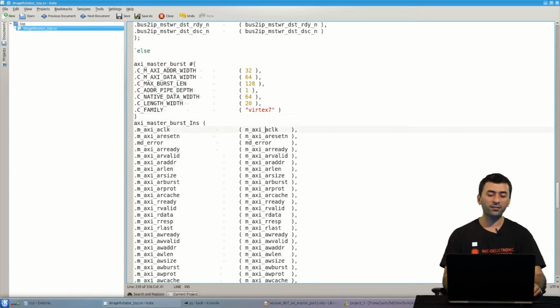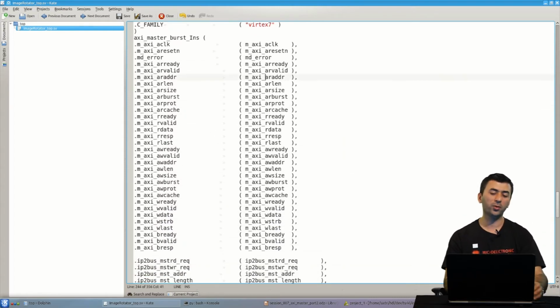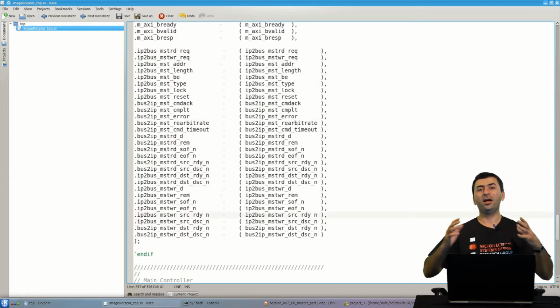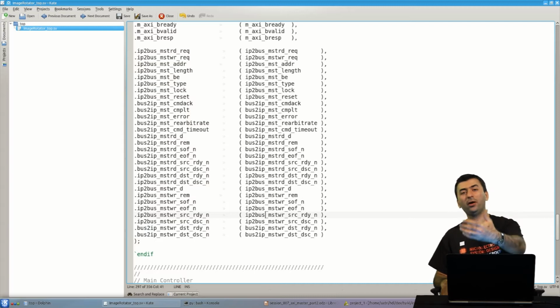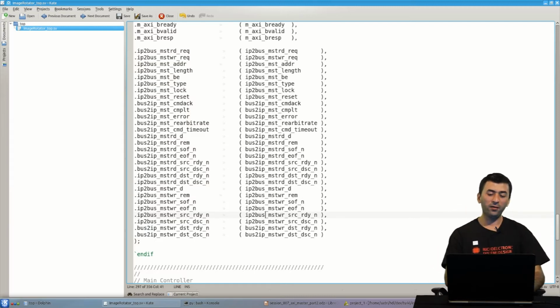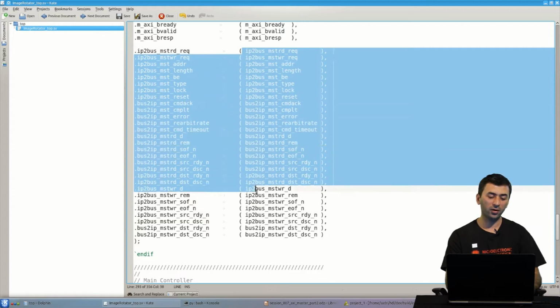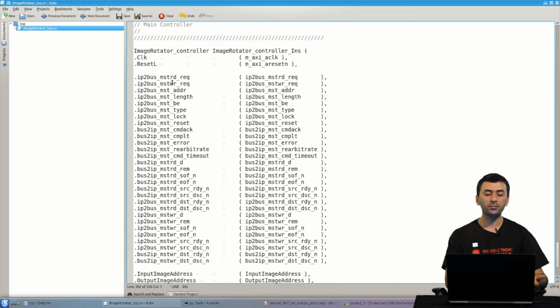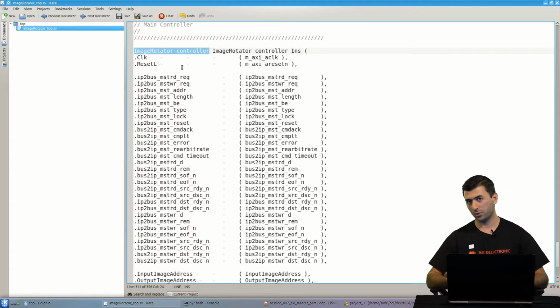And now, after defining these parameters, we have a set of signals. They are the famous AXI Master Memory Mapped signals. We have talked about them a lot. And then we have another set of signals, and these are again the signals between the IPIF and our module. If I follow these signals inside my design, I have just connected them to the next module that I have instantiated here. The next module is kind of the most important module in this design, and it's called